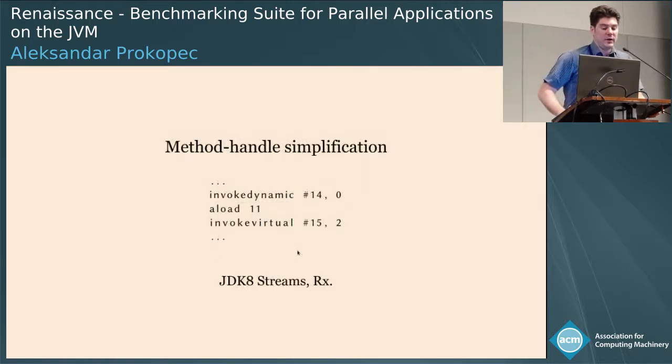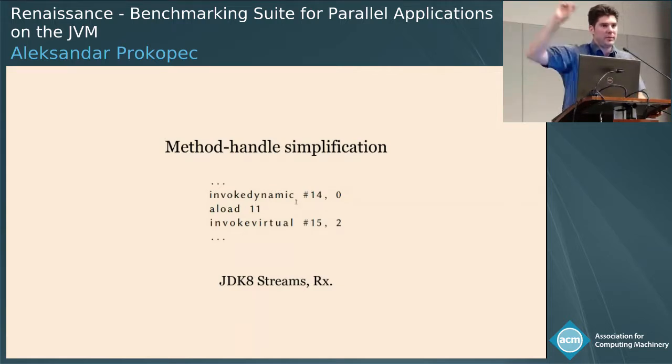Another thing that was very beneficial was something that we called MethodHandleSimplification. You have a very particular situation with lambdas in particular on the JVM, in the sense that if you want to call a lambda, essentially you need to first create the lambda, and lambdas are created at runtime during the program. So code for the lambda object is created at runtime. And the way it works is essentially as follows. First you have the invokedynamic instruction, which points to a bootstrap method, and this bootstrap method will create the lambda at runtime the first time that this invokedynamic executes.